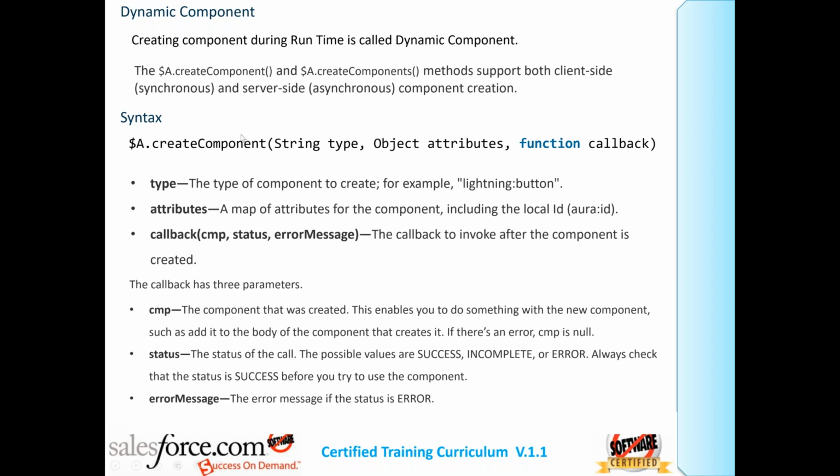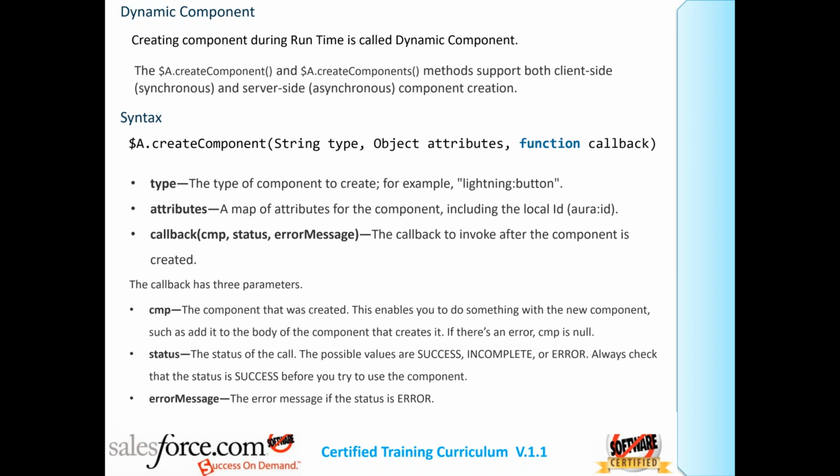What is the syntax? Those who are taking notes, take a note. Creating a component during runtime is called dynamic component. What do we use?